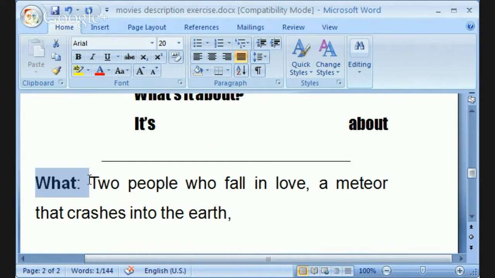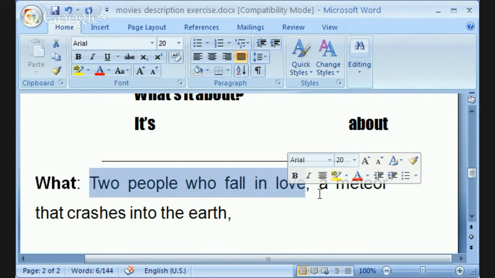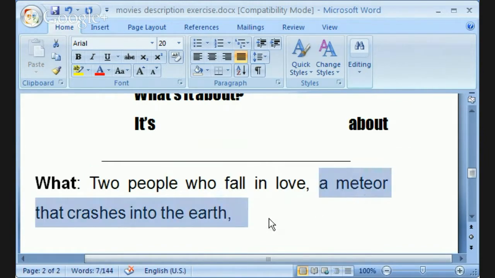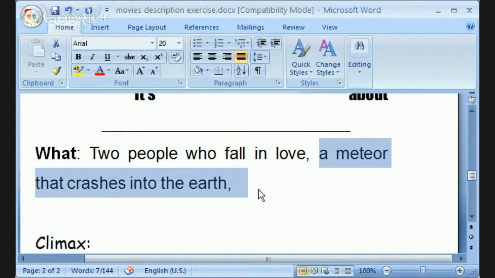It's about two people who fall in love. It's about a meteor that crashes into the earth. Okay, the what. What is the plot line? And